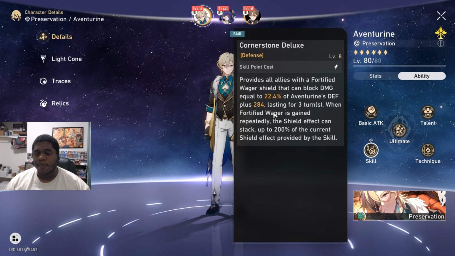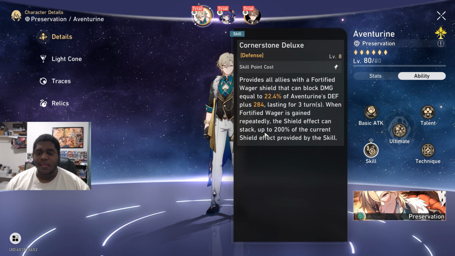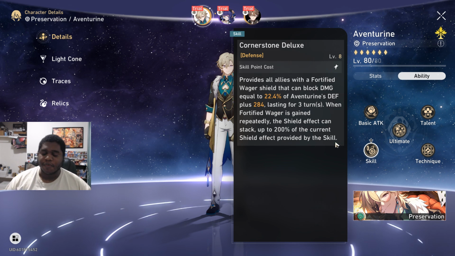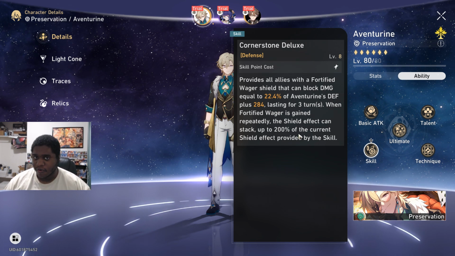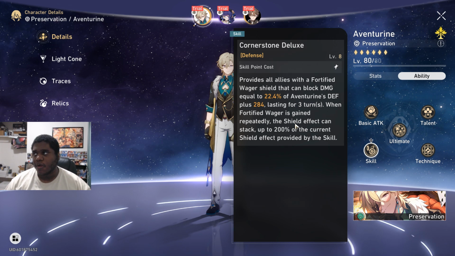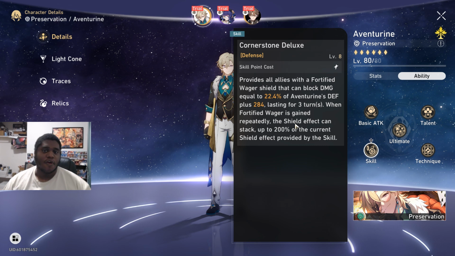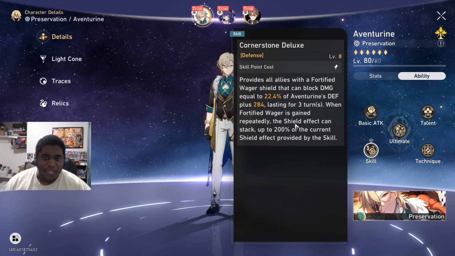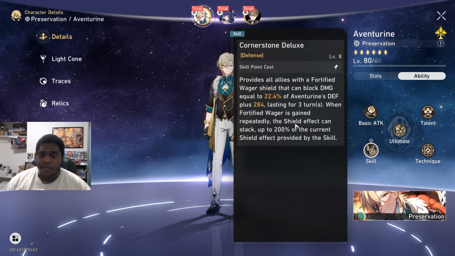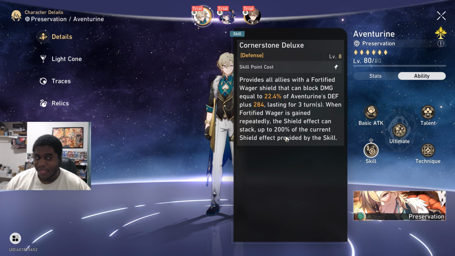When Fortified Wager is gained repeatedly, the shield effect can stack up to 200% of the current shield effect provided by the skill. So it can go up pretty good. If you want to build him, or rather level him up and put armor on him, that's basically it. If you wanted to do specific skills with leveling him up or specific armor, like his shoes, the feet,